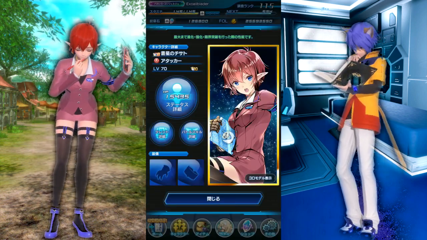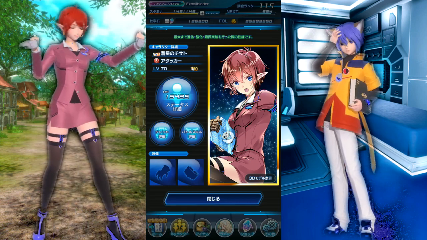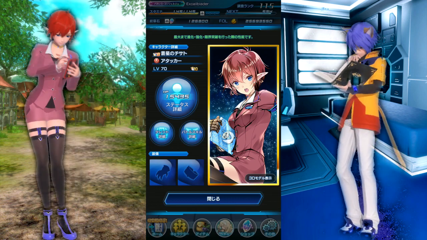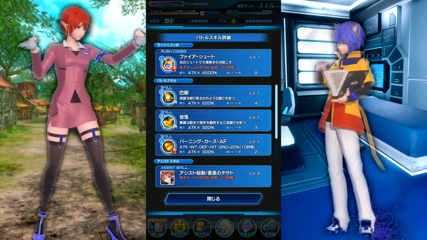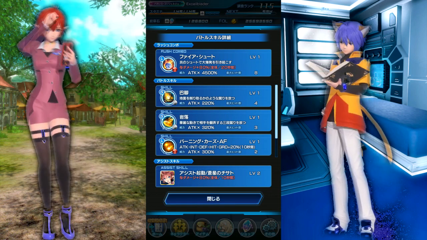Because there's like 3 attackers with masteries now and 1 caster and no defender, sharpshooters, or healers. Actually, is there a healer? No, there is no healer. Whatever. And then her Rush, Fire, Shoot has a 4500% multiplier, and it increases the entire party's damage by 80%